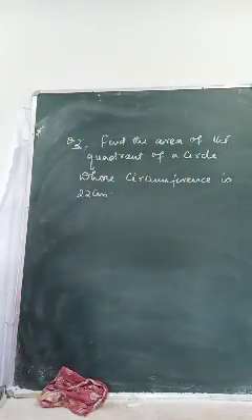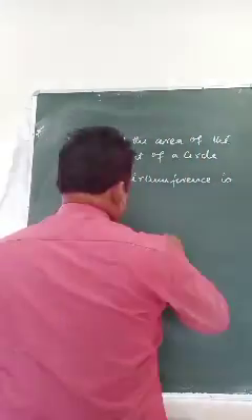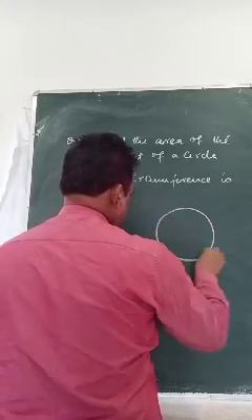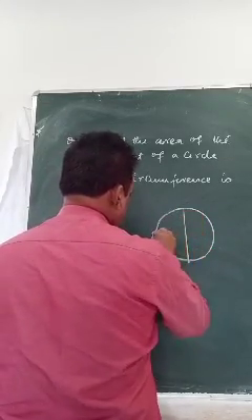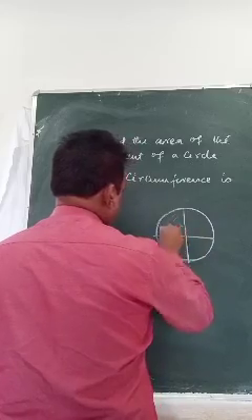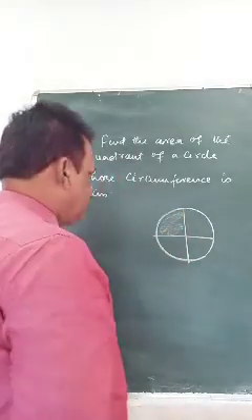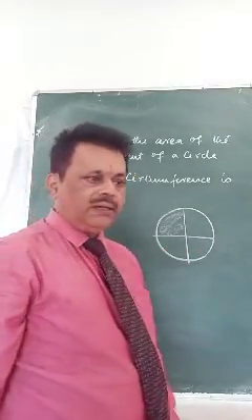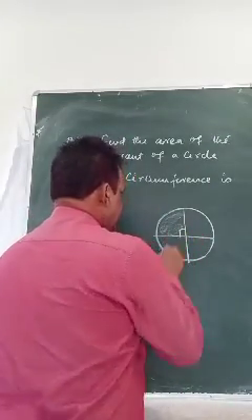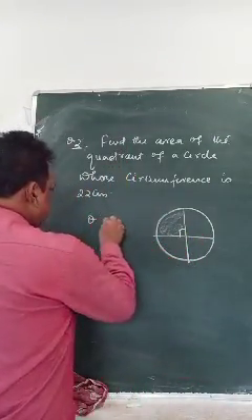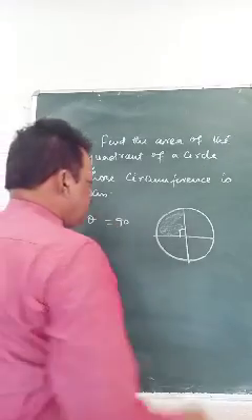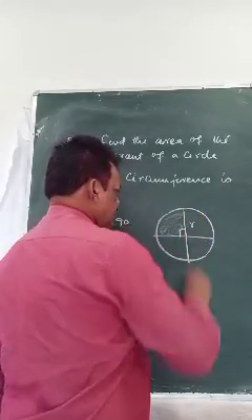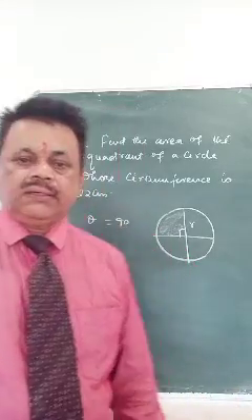Okay. Look, quadrant means what? If this is a circle, you divide it into 4 equal parts. This part becomes a quadrant. 4 equal parts means total is 360 degree, so this will be 90 degree. That means your theta became 90 degree. What you need is to find radius r. Then you can find the area.